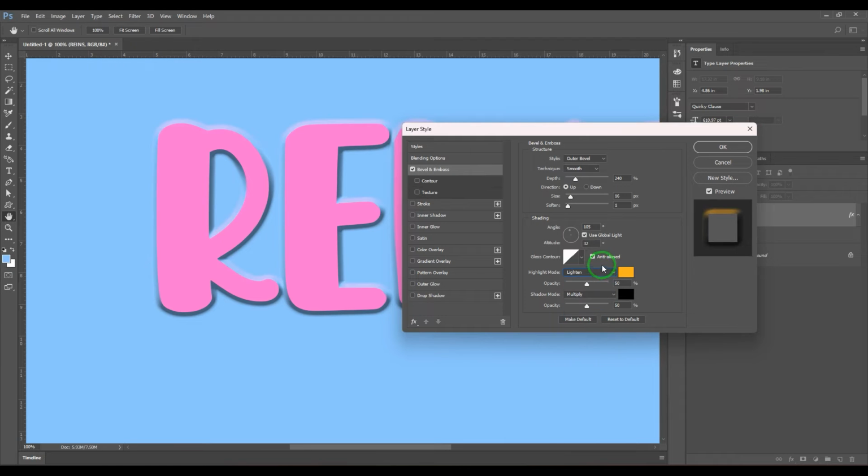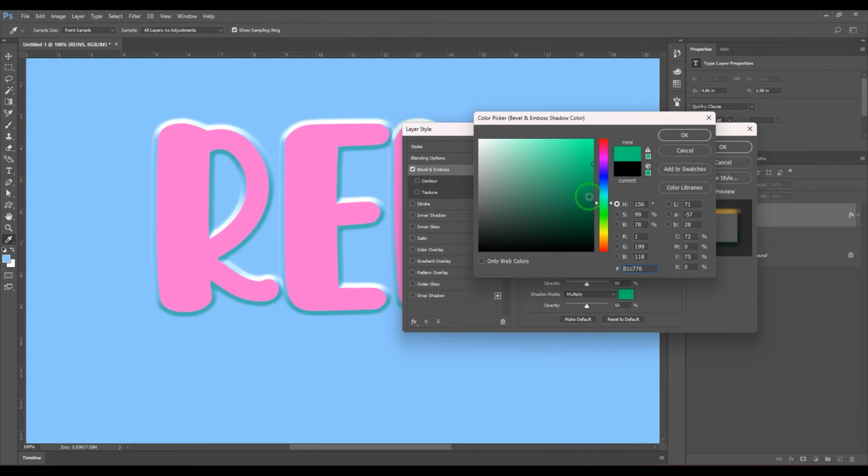Again, it's okay to explore the blending modes there and see which one really suits your requirement, and there is nothing wrong exploring the blending modes. And on the shadow side, you have black. You can try using any colors you wanted